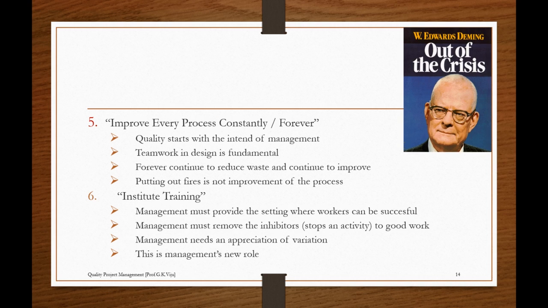Then comes the fifth one, improve every process constantly and forever, which is also termed continuous process improvement or continuous improvement. So continuous improvement systems and processes must be observed. Deming promoted the PDCA, that is Plan, Do, Check, Act, or Plan, Do, Study, Act, PDSA cycle or approach to process analysis and improvement. Firstly, it emphasized training and education so everyone can do their job better. Secondly, Kaizen is another model to reduce waste and to improve safety, effectiveness, and productivity.